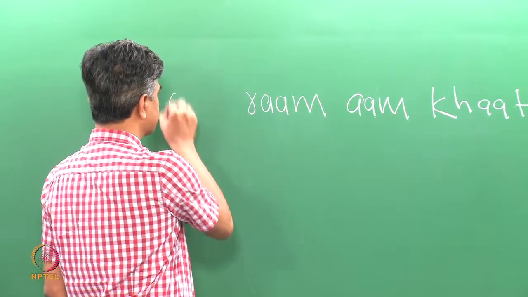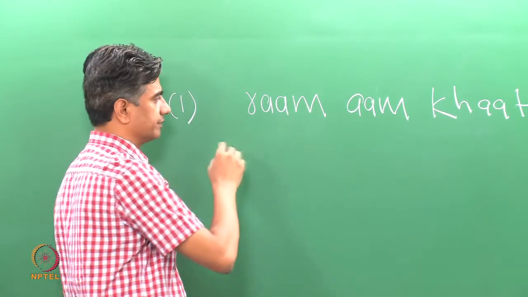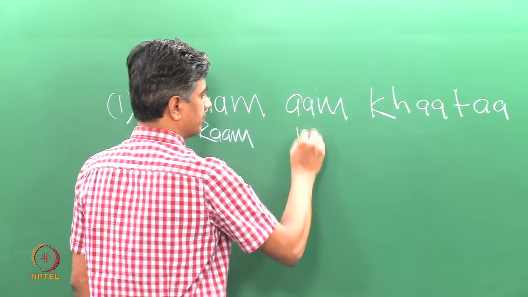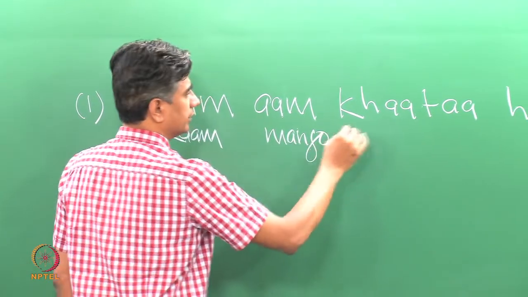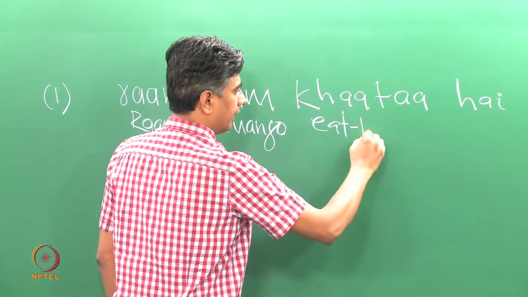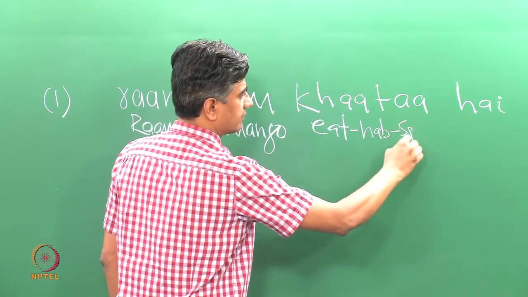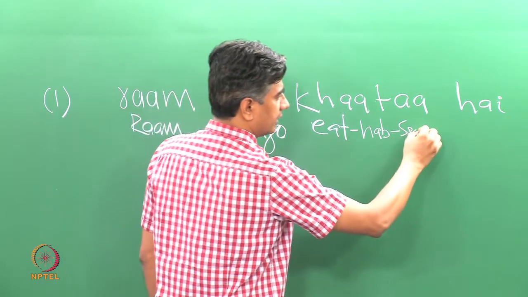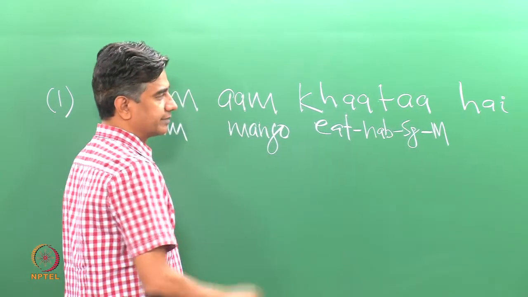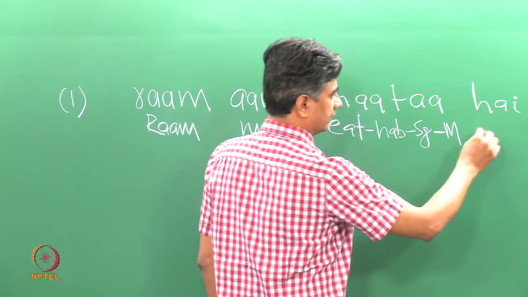This is how a sentence is transcribed with simplicity induced in phonetic transcription. So, this is Ram, this is mango, this is eat plus habitual aspect, which is also indicative of singular number and masculine gender. This much is at least visible information that the verb is loaded with,